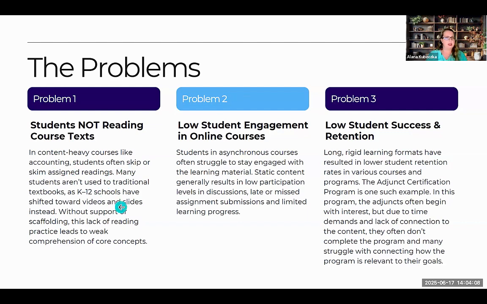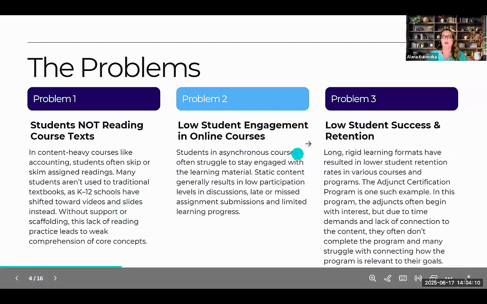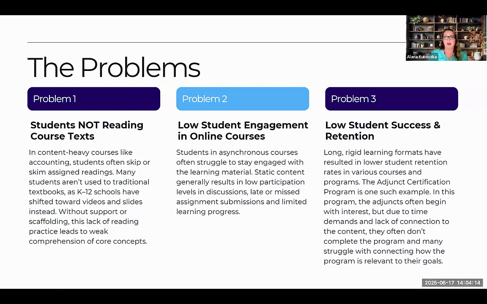Then the instructor also talked to me about low student engagement in her online courses. This is in an asynchronous online course with our online college. And she said that they often struggle to stay engaged with the material. Now, I don't know about you, but it is accounting. So I did ask her, is it just because it's accounting?